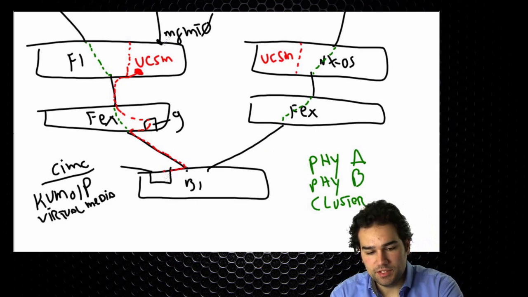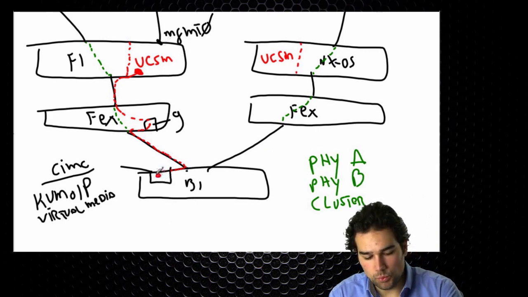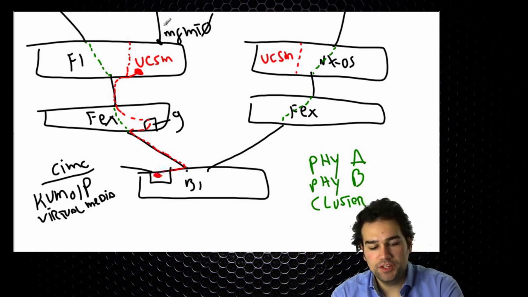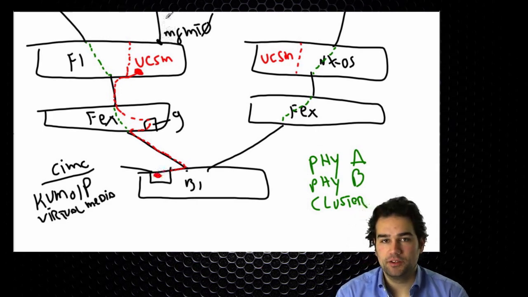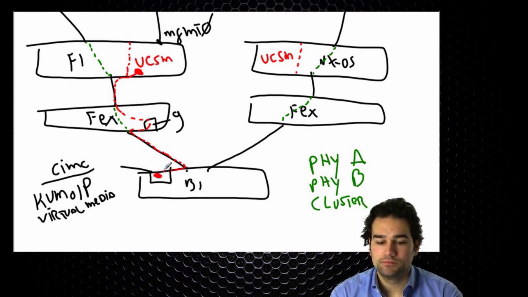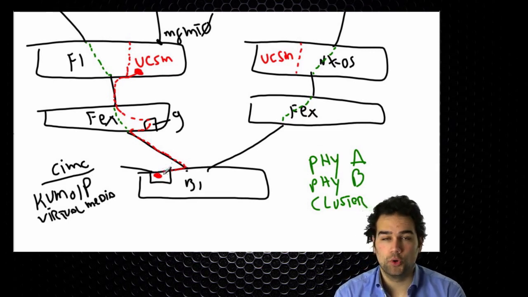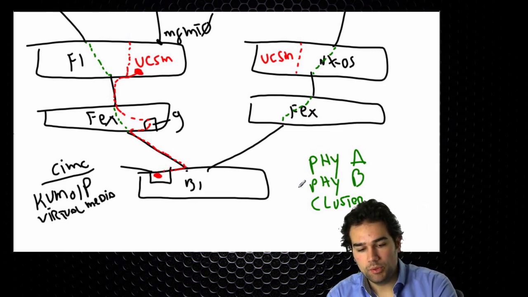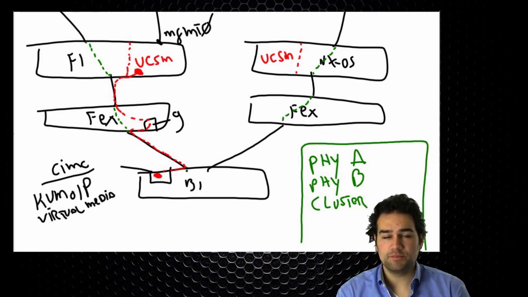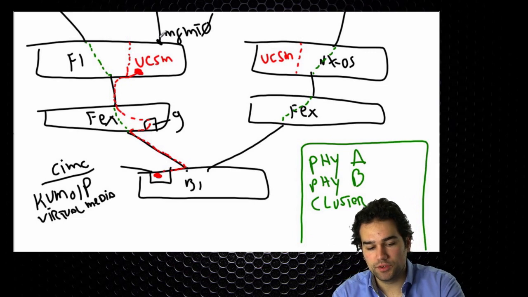So this CIMC will have an IP address that needs to be reachable through the management 0 interface. So the IP address that I specify here on the CIMC, I need to allocate that also through a pool or statically configuring it, but it needs to be in the same subnet as my management port,